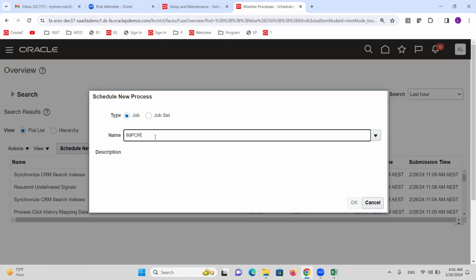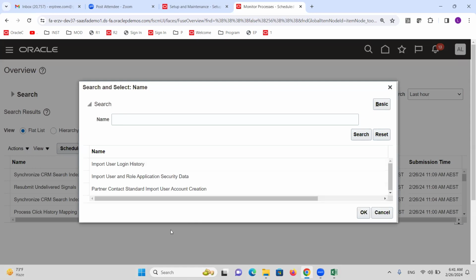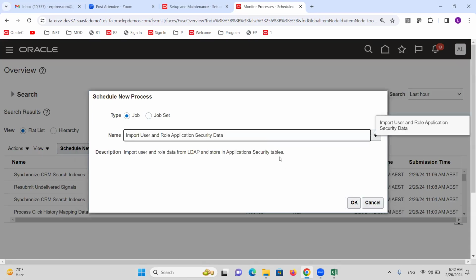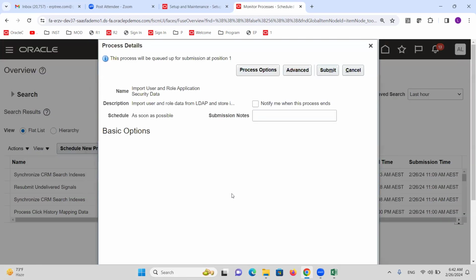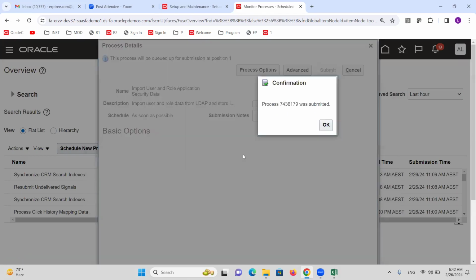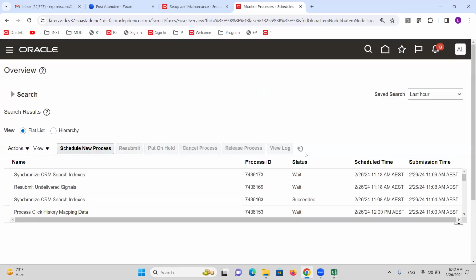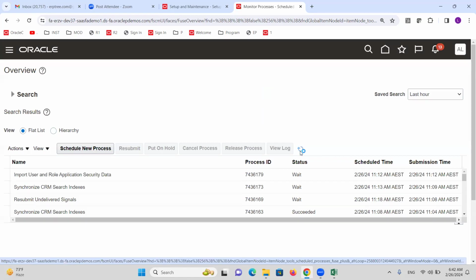It will be like Import User and Role Application Security Data. This is a job we have to submit whenever you create a custom role. Import User and Role Application Security Data. Say OK. Click on OK and submit. This is the one to synchronize the changes within the custom roles. The other one is